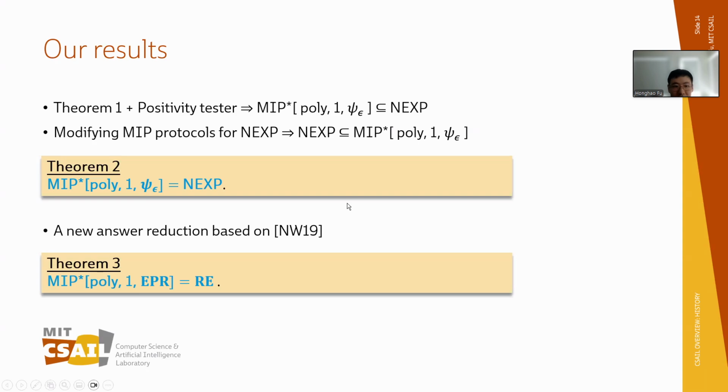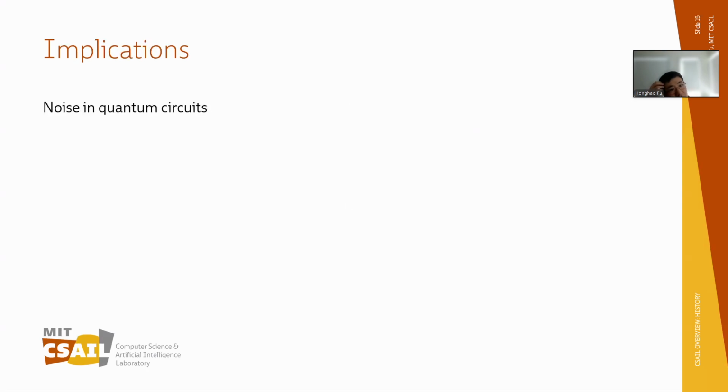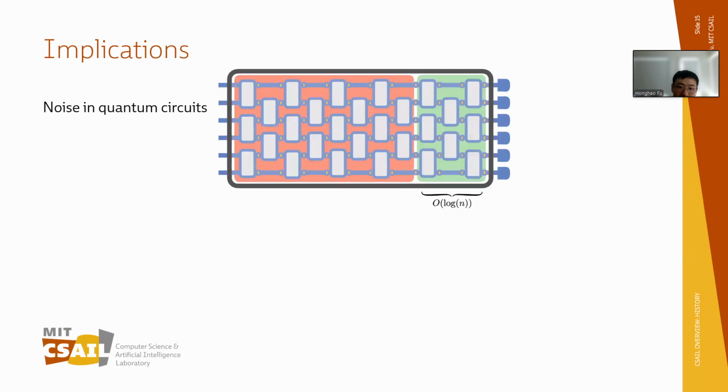Next, let me discuss the implications. Let's make a comparison with the effect of noise on quantum circuits. When we talk about noisy quantum circuits, we mean each gate in the circuit is subject to some noise. And then the noise accumulates over the depth of the circuit. In this case, in the wonderful new paper by Jens and the students here, you have shown that it effectively reduces the depth of the circuit to logarithmic. So as the noise accumulates, you get a depth effect on the circuit.